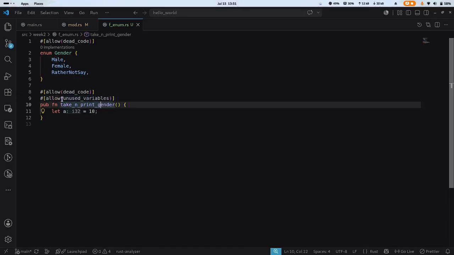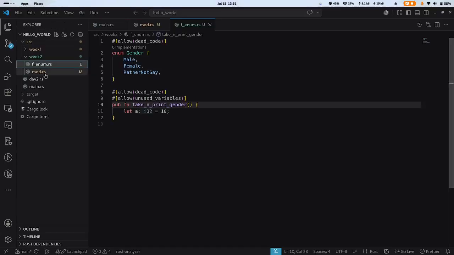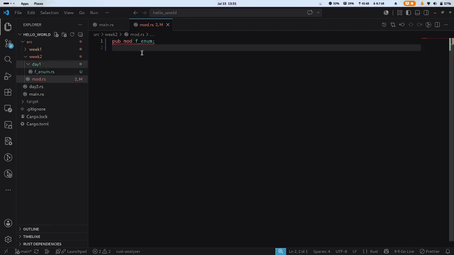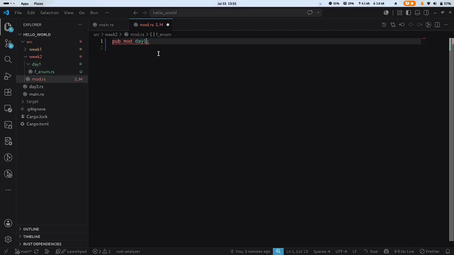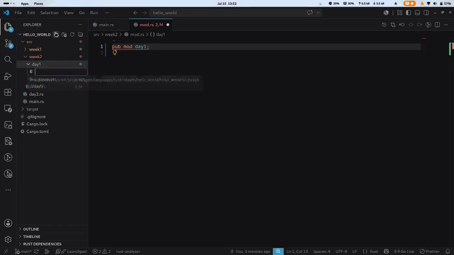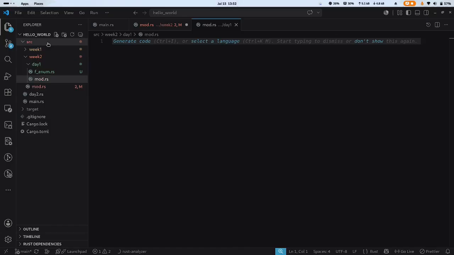So we want this function to take and print the gender of the person. And before we continue, I think there's something wrong. I have to create a folder called day 1 for week 2, and this day 1, I'll drag this and I'll drop it there. Okay, let me first cancel it. And the module I register, instead of this, I register day 1, and in day 1 I create a mod.rs, mod.rs, and inside mod.rs,